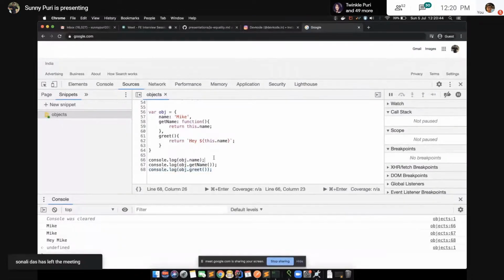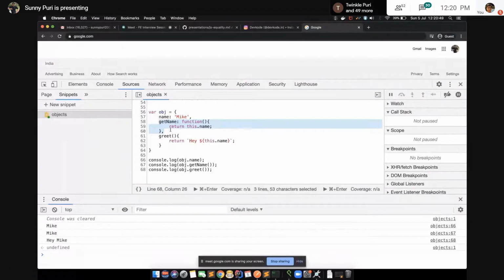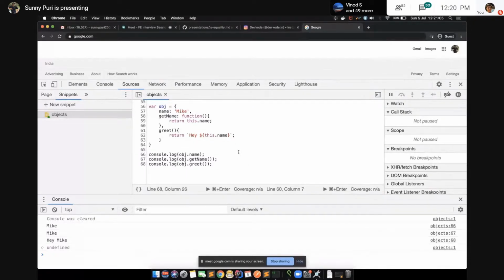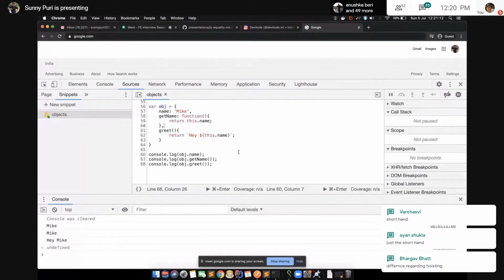Tell me what is the difference between these two, with adding a colon and writing it like this. Which one do you prefer, and is there any difference, or is this just a shorthand? Guys, your response. Just a shorthand. Difference regarding hoisting? No, hoisting doesn't matter in this case.